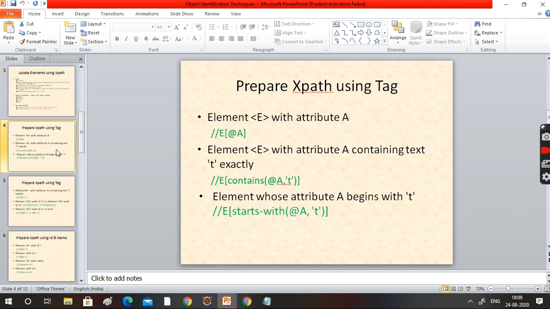The same elements can be identified with the help of different identification techniques. It means, simply, before we go to the technical thing, we'll understand the story. Why do we need to use different techniques? For example, if you want to identify me, where is Venkatesh? Venkatesh is located in Pune. That kind of person is located in Pune. That's one kind of identification. Another way we can say is that the person is working in this particular company.